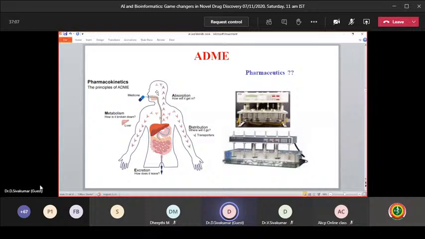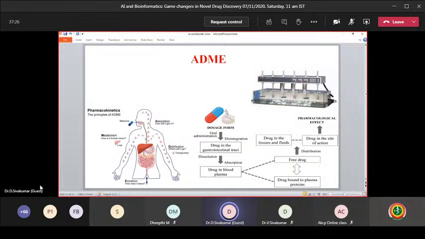So if you see this, when you take the drug, whatever the route of administration is, either oral or whatever, the metabolism site is going to be different, but the major route of administration is orally. So we'll concentrate on this. So after absorption, the metabolism, like we will see this dissociation, dissolution test we will do. And computationally, how will you do this is like